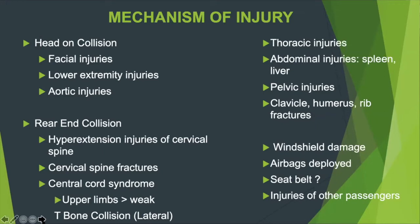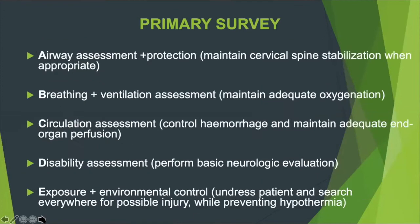And then head-on collision, as you can see, it's broken down. You've got different parts of the body that are injured. You want to know if the car was a head-on, was it a lateral, was it T-boned, was it just a back, and obviously how many miles or kilometers per hour you expect or suspect them to have been going. So essentially, this is your A to E assessment, A, B, C, D, E, remembering airway, breathing,